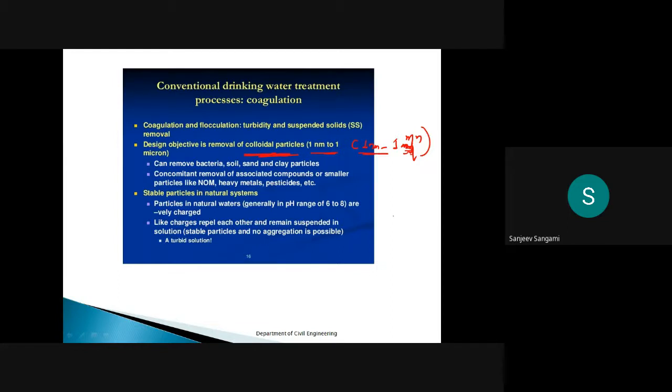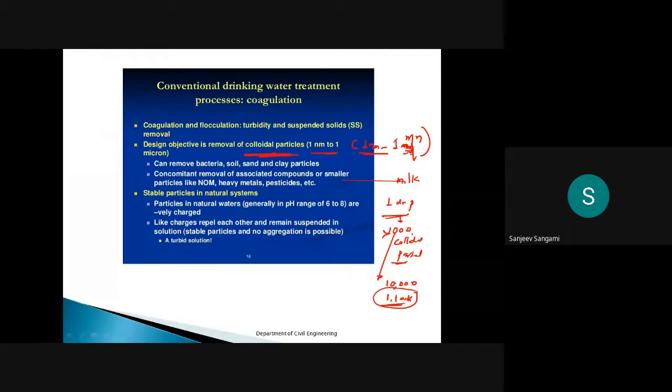It is just like milk. I'll give you an example. If you take 1 drop of milk, there will be more than 1,000 colloidal particles. Just imagine. It may go up to 10,000, up to 1 lakh also, in 1 drop of milk. Just imagine the size of the particles.